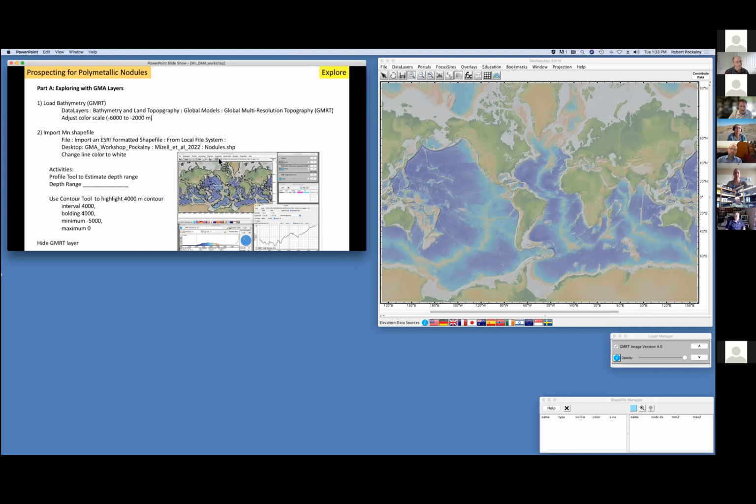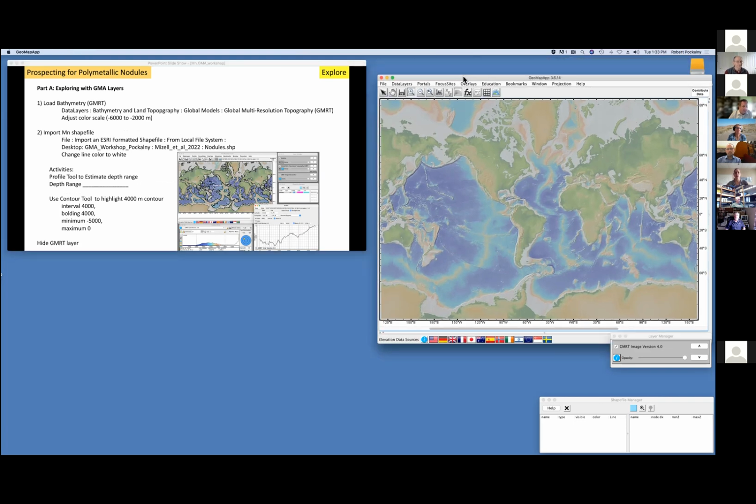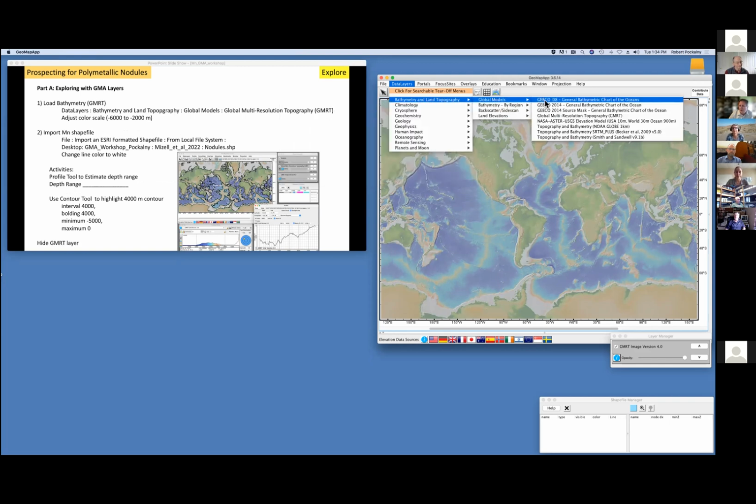And so first of all, I kind of break it up into parts, like 15-minute chunks. And so the first thing I'd probably do is load the database for the GMRT. So we bring this in, global models, GMRT,